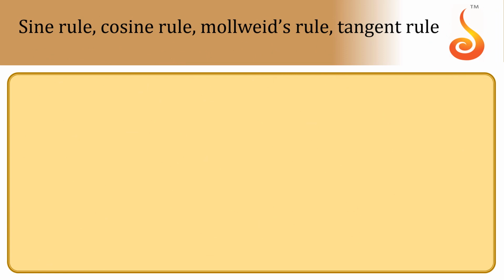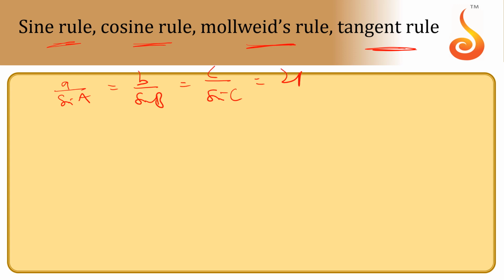Let us see properties of triangles. Sine rule, cosine rule, Mollweide's rule and tangent rule. They are very simple rules. I think everybody knows. Just I will recap. a by sin A equal to b by sin B equal to c by sin C equals 2R. Please try to learn rules not with symbols ABC. In any triangle, side divided by sine of its opposite angle, that is the logic here. That ratio with respect to all sides will be equal to the circumdiameter of that triangle. Circle will be there, no? Its diameter.